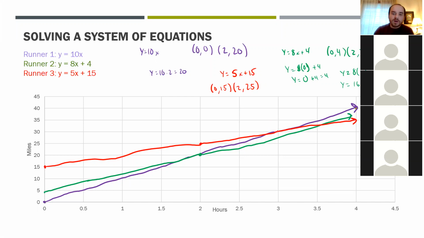So as we can see, we have a couple of different solutions. We've got a solution to this right here. This is where